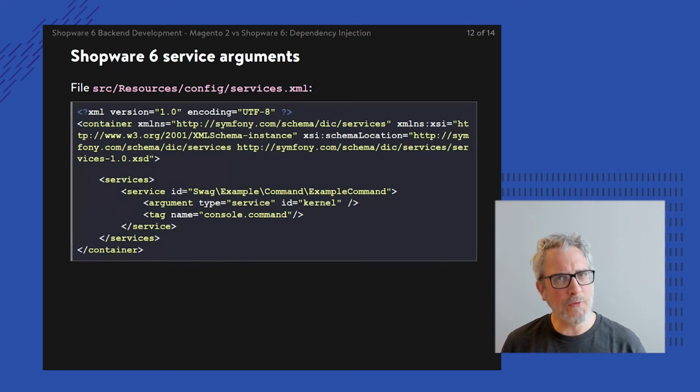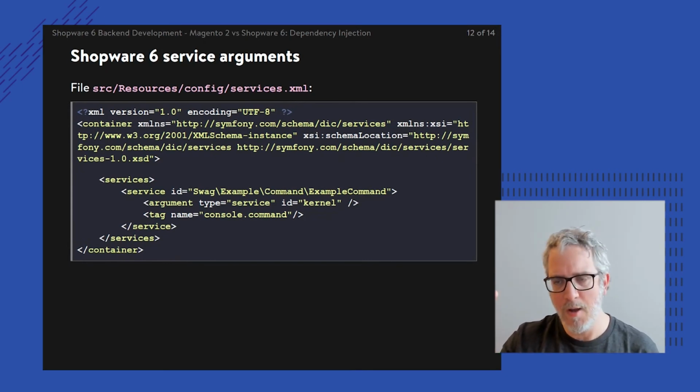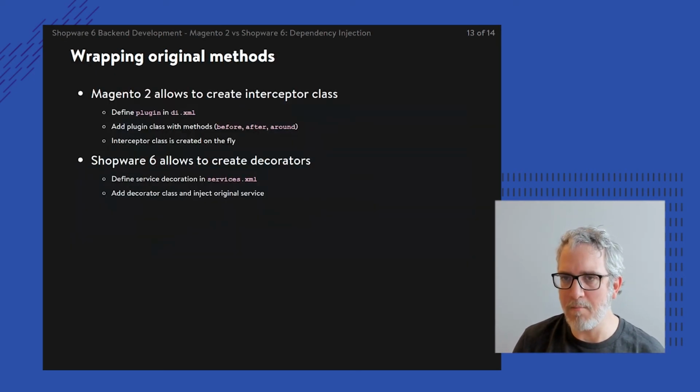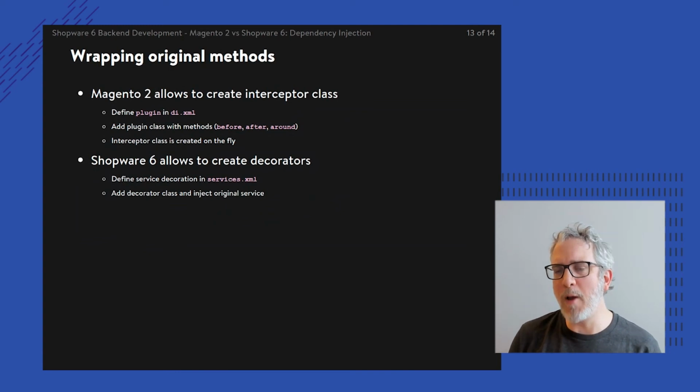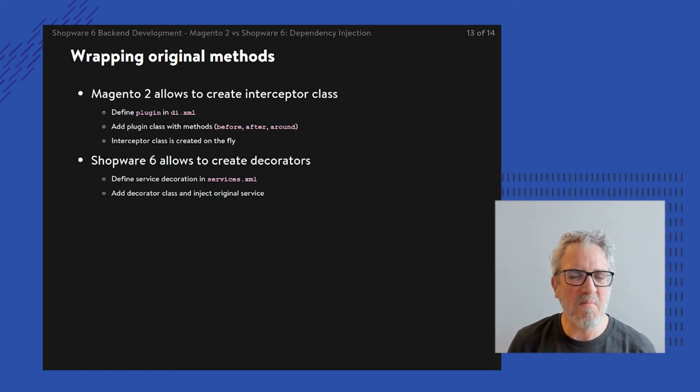And coming back to the listing of 6 different dependency injection types: preferences, types, virtual types, proxies, factories, there's only one left, and that's the plugin mechanism. Actually, plugins are similar in Shopware as well, but it goes a little bit too far to explain this in full, so I'm just keeping it short. As soon as we compare the feature of Magento plugin interceptors to something in Shopware, it's like a service decorator that matches in most of the cases. Not entirely, it's a different mechanism, but you can do the same thing.